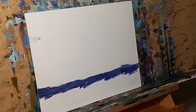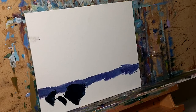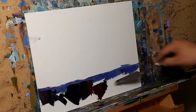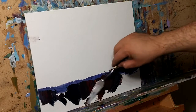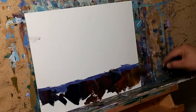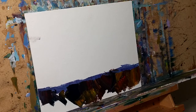Because I did a lot of pointillist type of impressionism. I was into that, very, very labor-intensive work. I grew out of it. And one of the reasons that I grew out of it, of course, is because I keep trying new stuff. But another reason is because it wasn't really allowing me to explore. I didn't feel like I was being able to explore because every painting took about, I don't know,